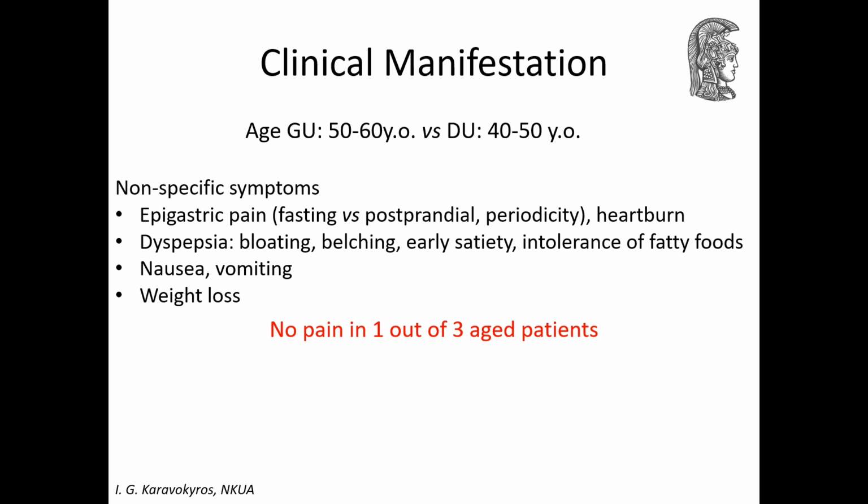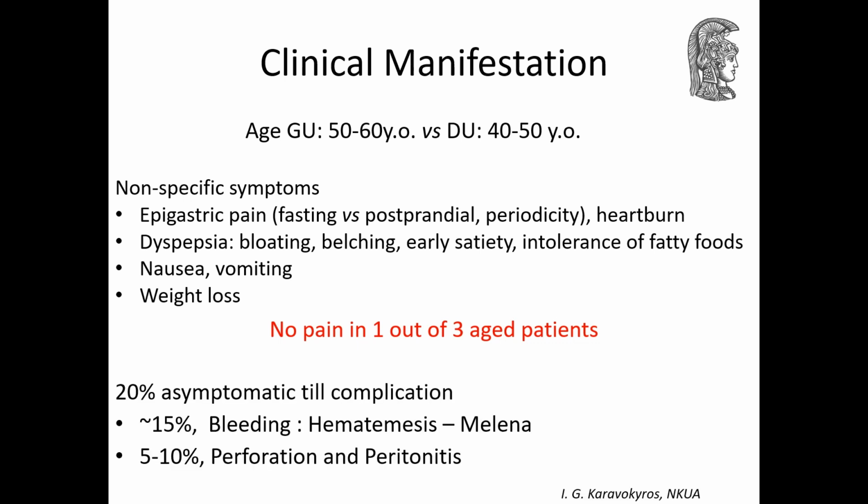Strikingly, pain, which is supposed to be a typical symptom of peptic ulcer disease, may be absent in up to 30% of elderly patients. Approximately 1 out of 5 patients can be completely asymptomatic until the disease manifests for the first time with a complication. 15%, especially of older age, will be diagnosed by significant bleeding, hematemesis or melena, 5 to 10% by perforation